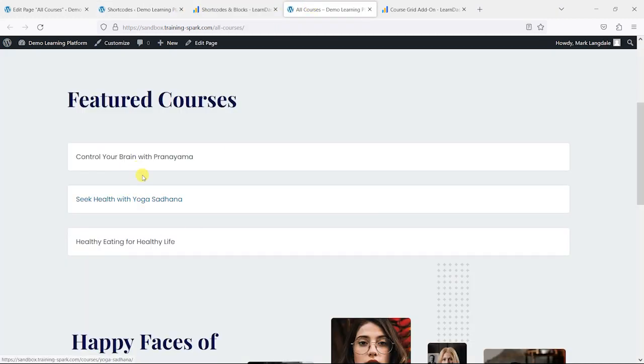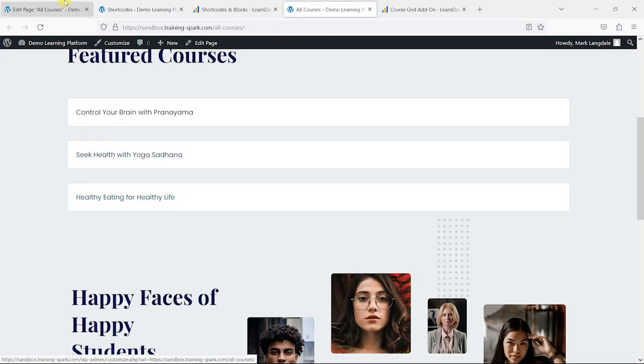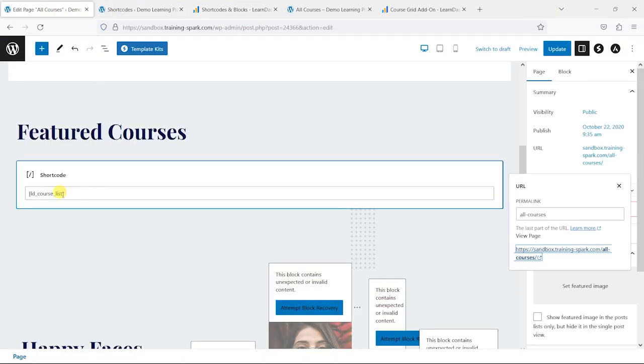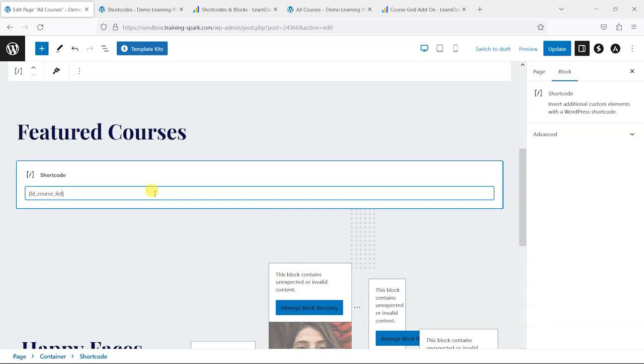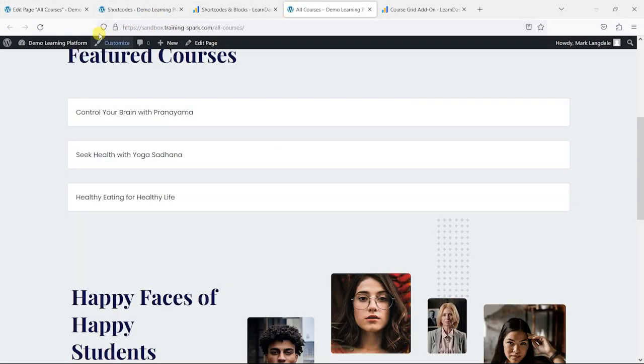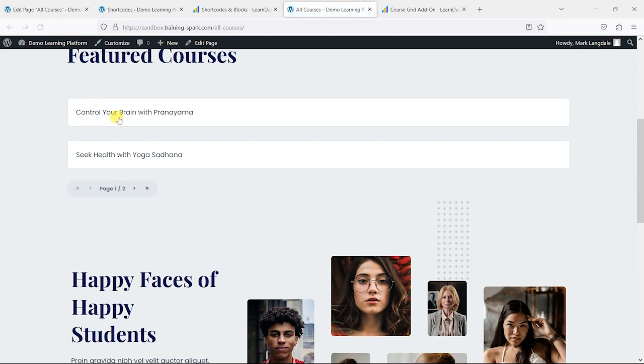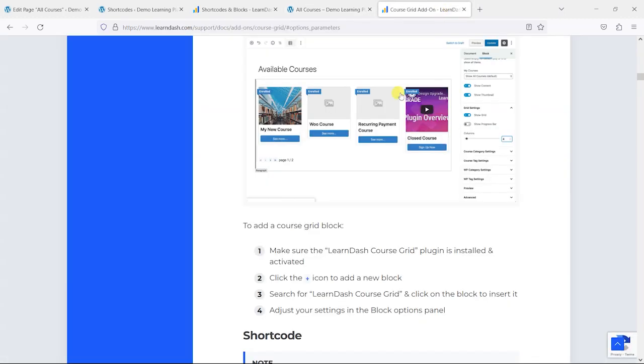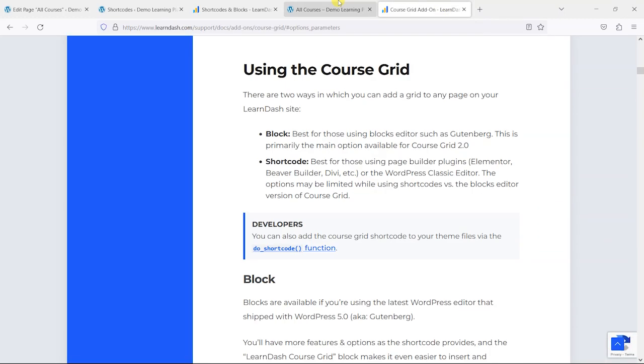So if you have 200 courses but you want to show 10, then there are certain shortcode parameters you can use here. So num equals 10, which you would put in the shortcode here. So if I put num equals 2, for example, and update, what we should find is that list goes from 3 to 2 with some pagination underneath it. So this is the old style of the